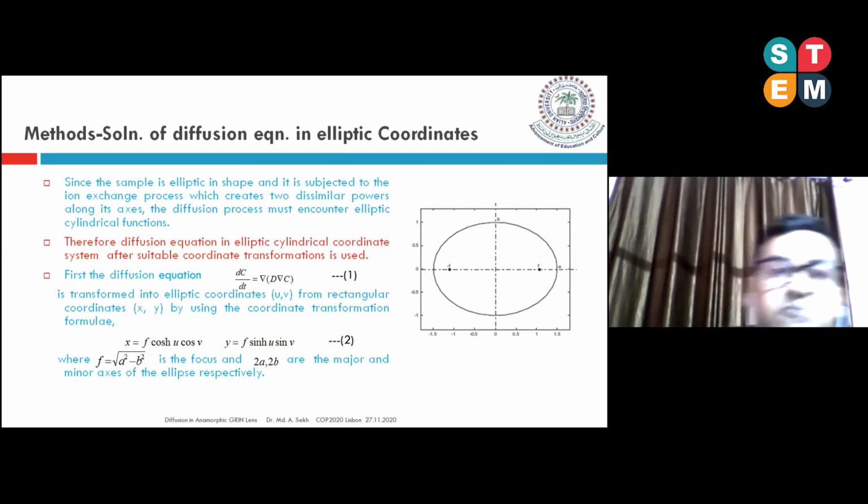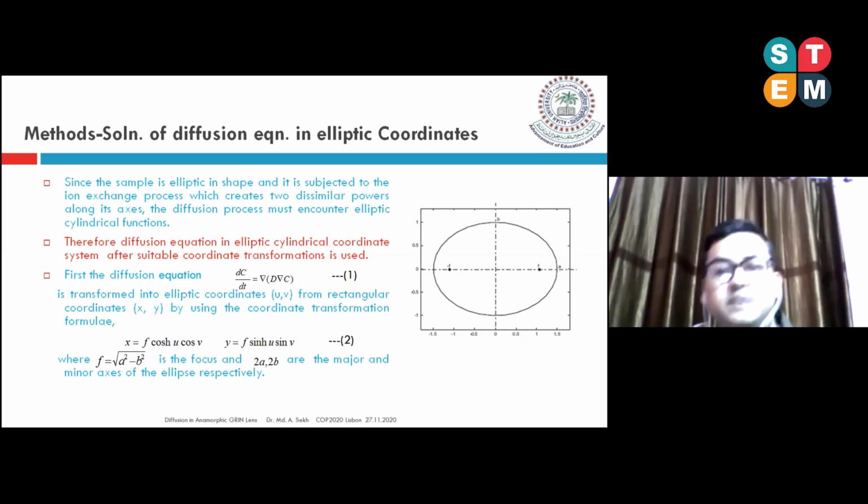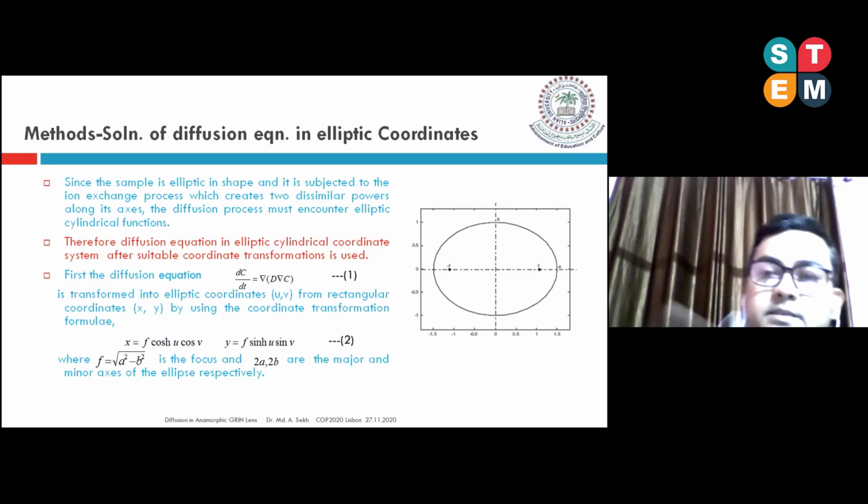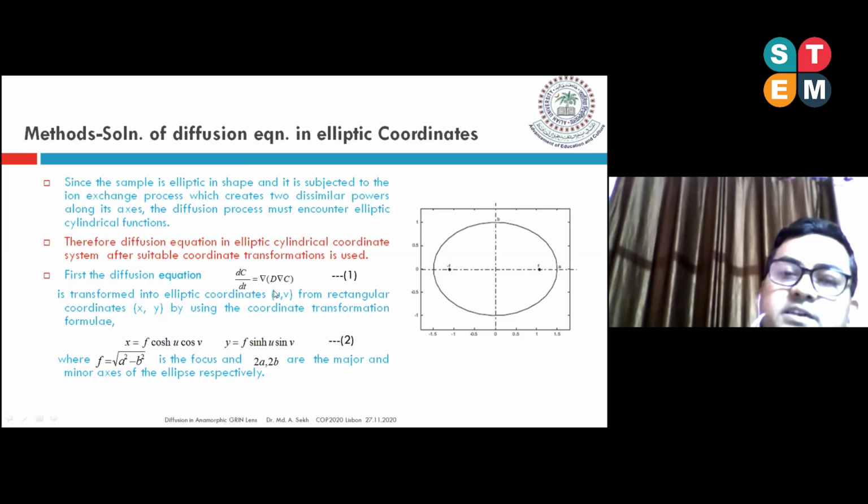Now, in the second part, we have tried to correlate the results which we have got in the experimental findings with the theoretical ones. And as you know, this is an elliptical shape, so the coordinate geometry should also follow the elliptical geometry. In the ion exchange experiment, there is basically a diffusion process involved, and diffusion is guided by Fick's law of diffusion. The equation of that diffusion is this, where C is the concentration and D is the diffusivity or